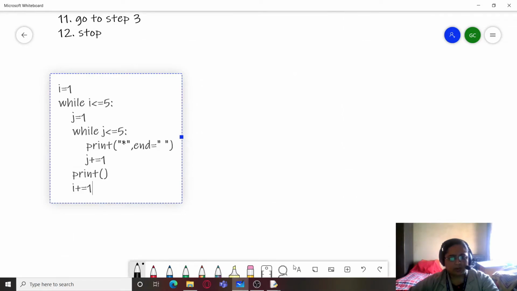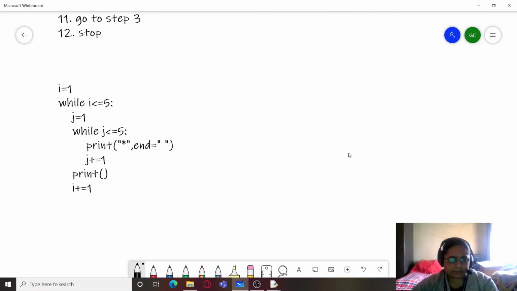So here is my code, and let us do its dry run first. We are going to have i, we are going to have j, and here we will be having the output. So i is 1, the starting value for i is 1, and we will check is i less than or equal to 5. Answer is yes. So we will move on to the next statement, that is j equal to 1. Now j is initialized here. You can notice that j will be initialized every time this outer while loop is iterated, whereas i equals 1 will be executed only once before all the loops.